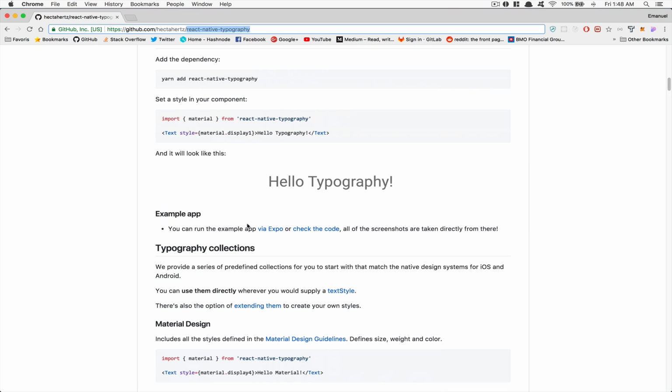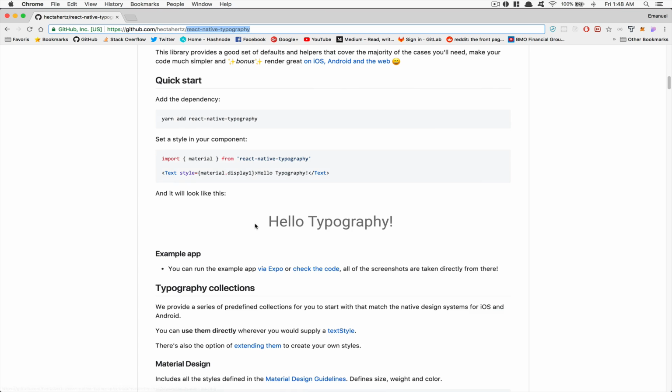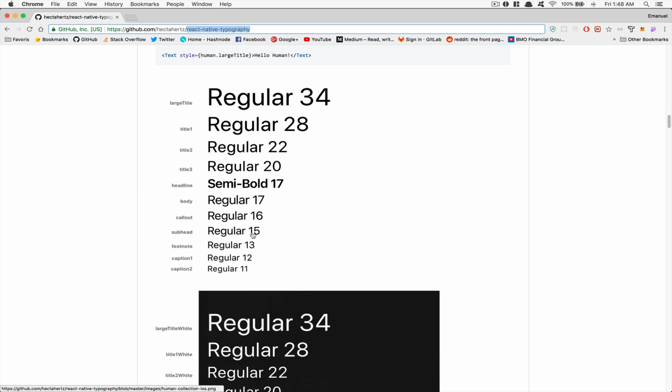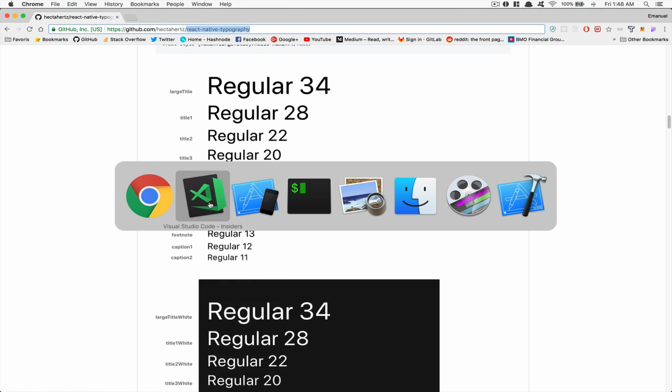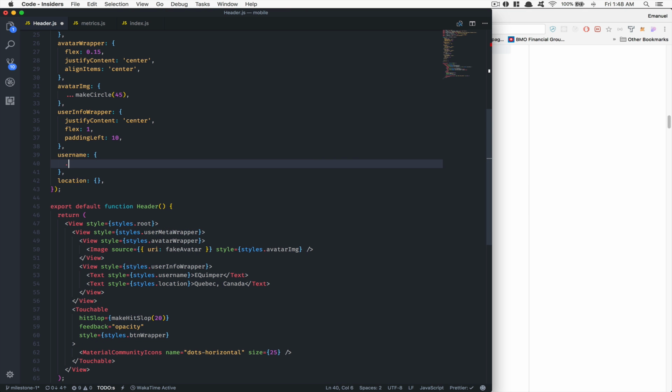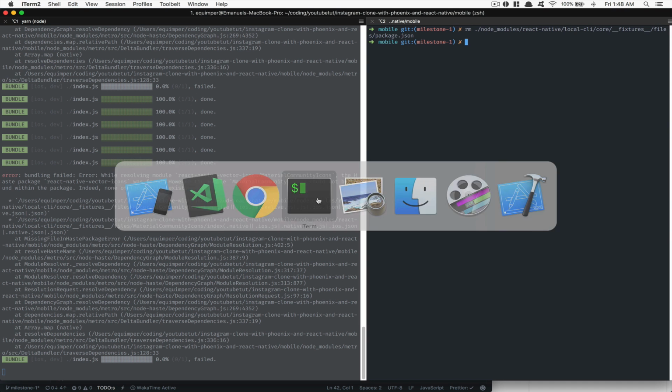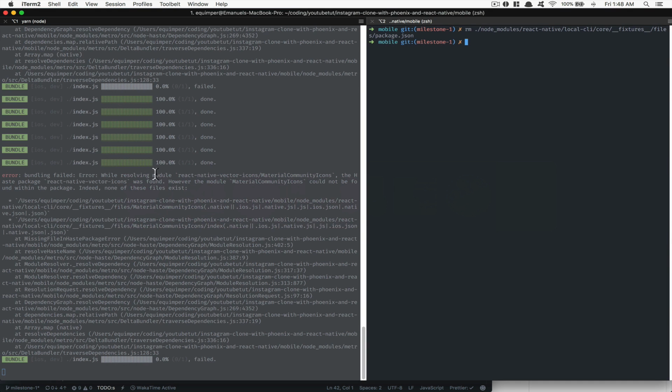The thing I want for my username is this thing here, subhead. So I want to get 15 pixel height. All you work with this is you say here human dot subhead object, like that. And now if I do this, what happened? I think, yeah, this problem is something I'm gonna need to resolve, but for now we're gonna remove